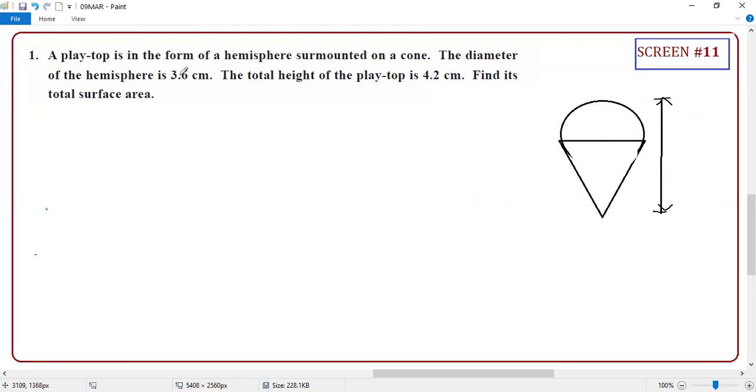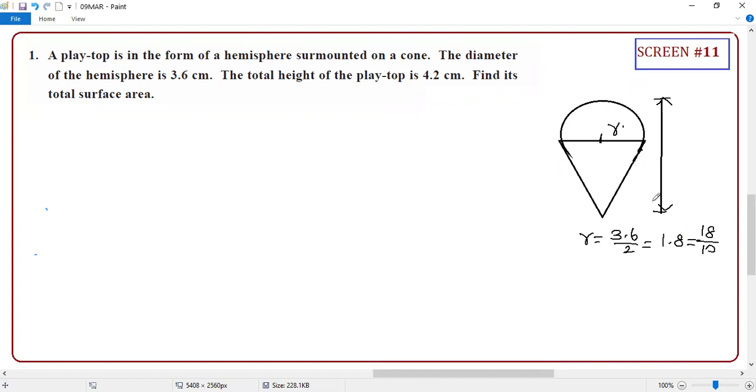What is the first thing? The diameter is given as 3.6, student. What will be the radius? 3.6 by 2, which means what? 1.8. Correct or not, everyone? Yes, sir. Right. But I don't like to keep the decimal. Shall I write 1.8 as 18 by 10? Yes, sir. Right. Akshaya is responding. Rest of them are sleeping.